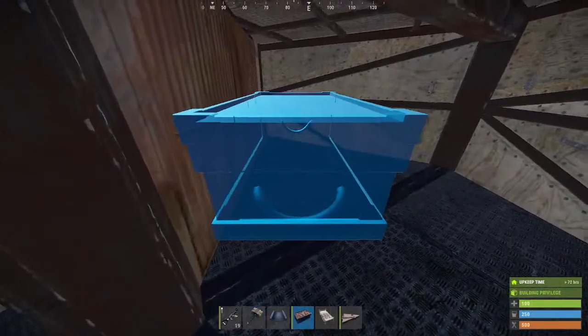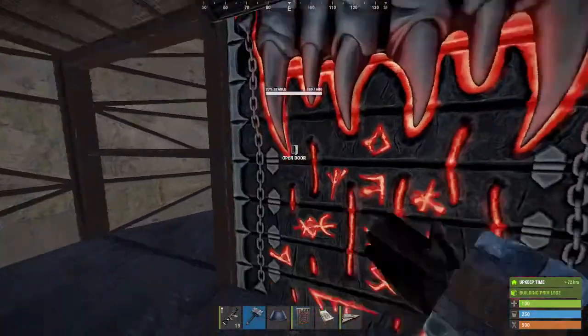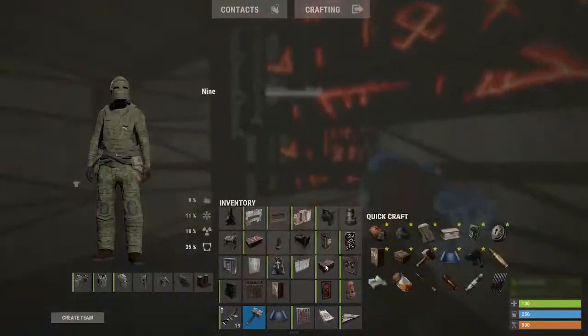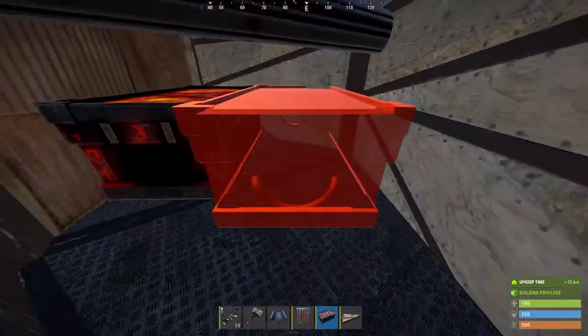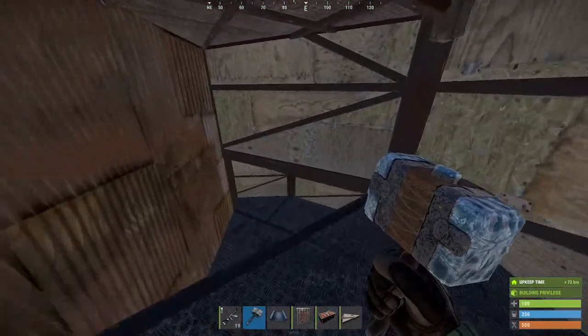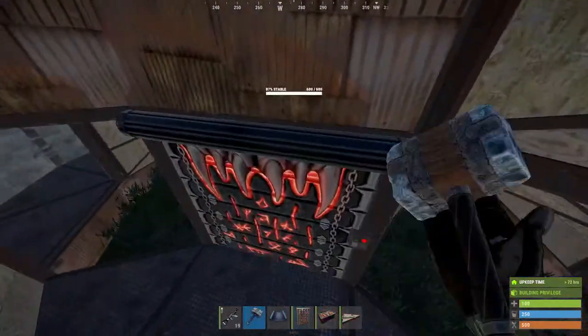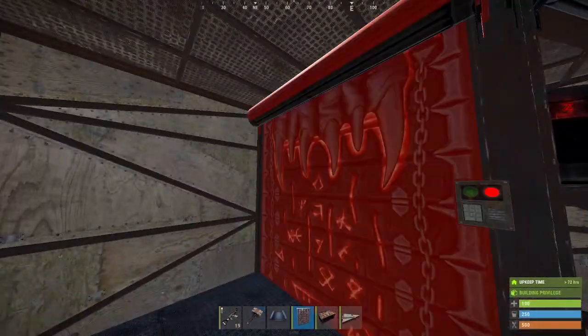We'll just throw these up. I should put a garage door down first, but like this. Oh wait, do they have skins on console? I know how dumb this question is. I doubt they have skins on console, but do they? Oh my, I'm actually curious now. I don't think there's gonna be any, but